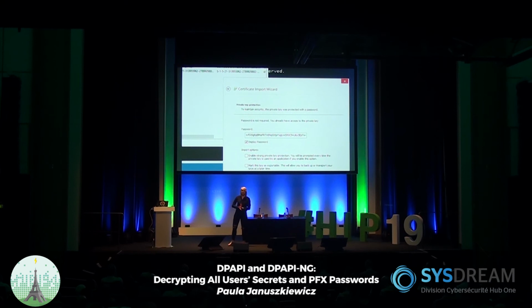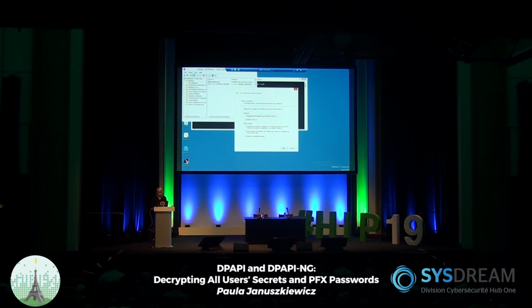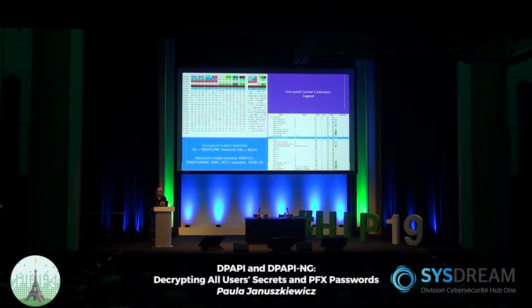But if you have a domain admin or domain that is not protected well, then this can violate so many different things. So logically, the more things you rely on it, the more that can be affected. That's why, yet another obvious conclusion here, we have to protect our domain controller. We all know that, but yet this is a very important reason for doing it. So this is basically data protection API and data protection API-NG that we have discussed.